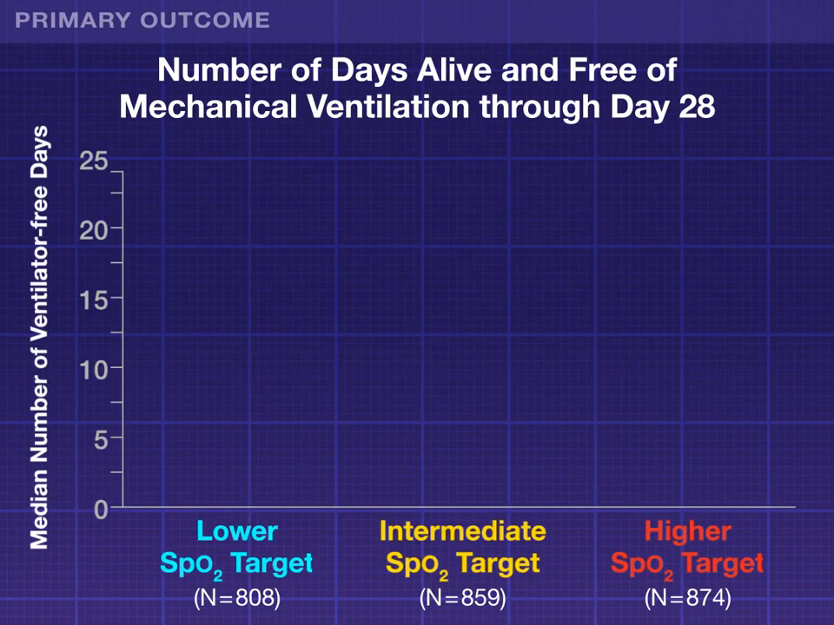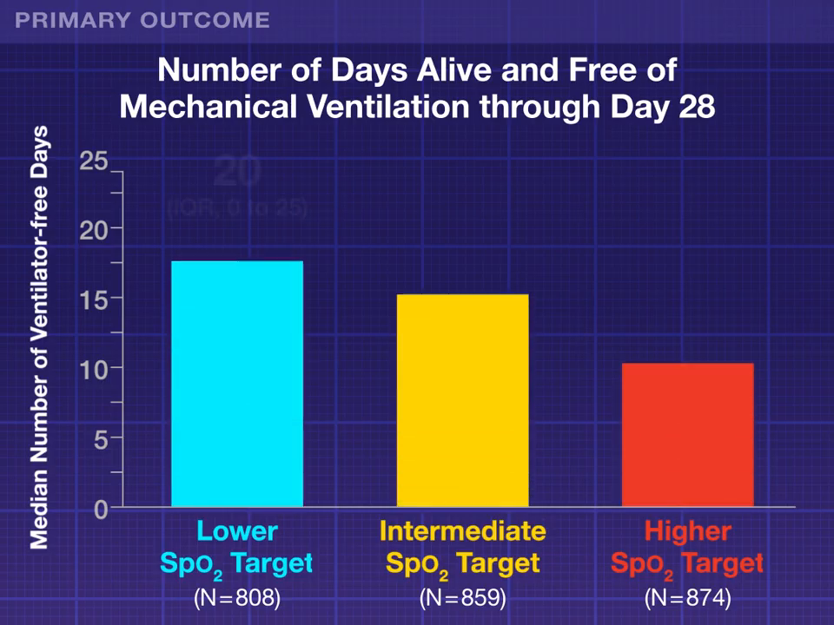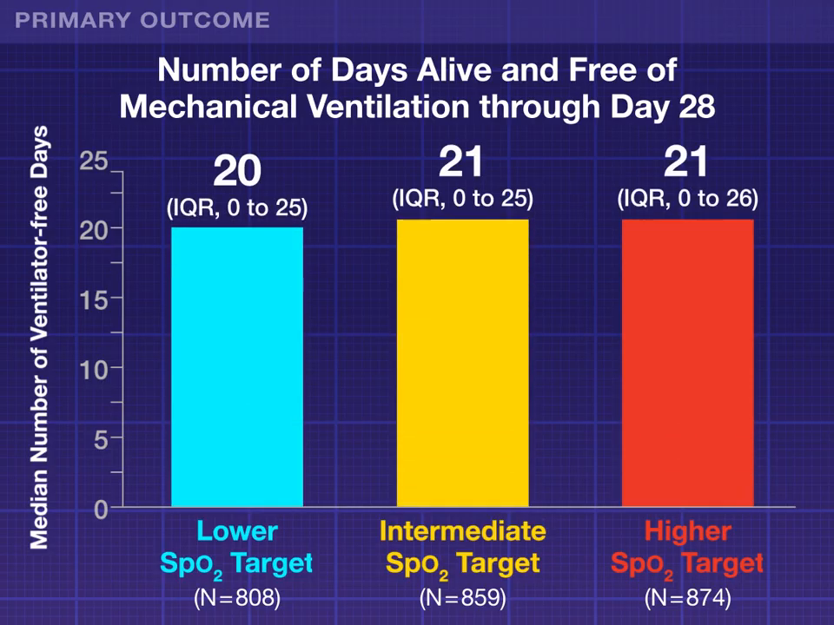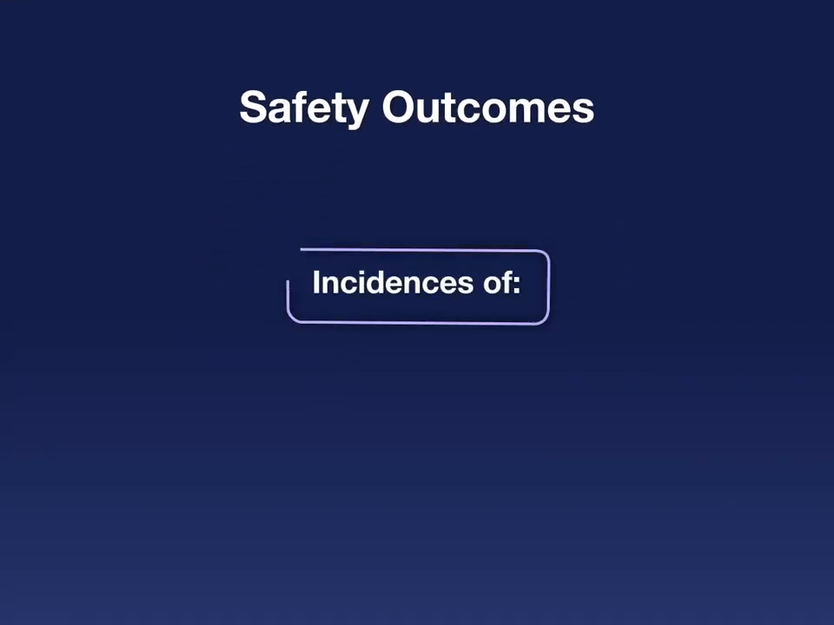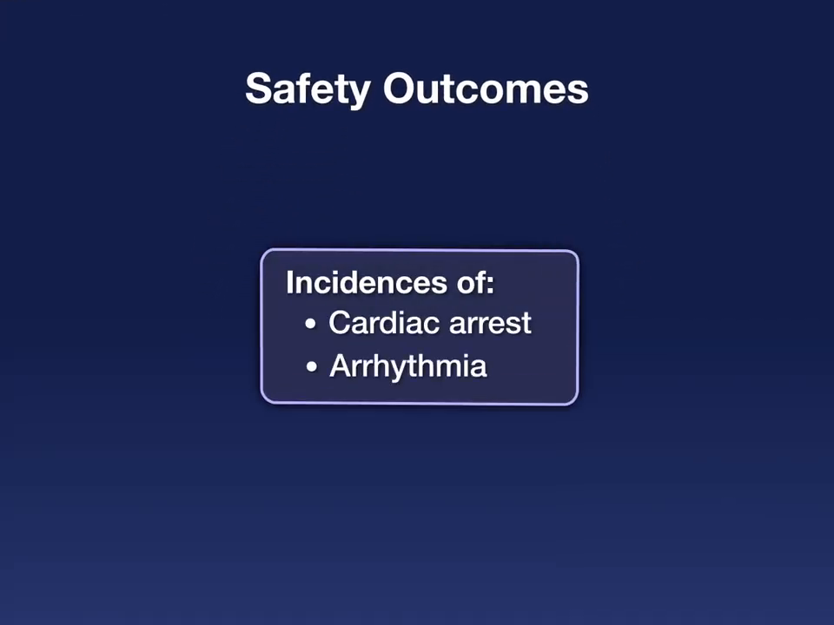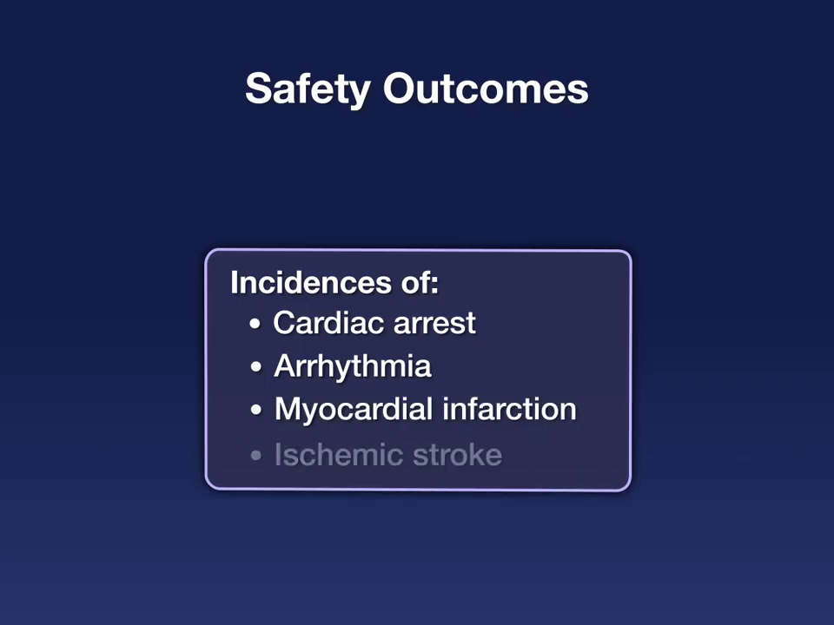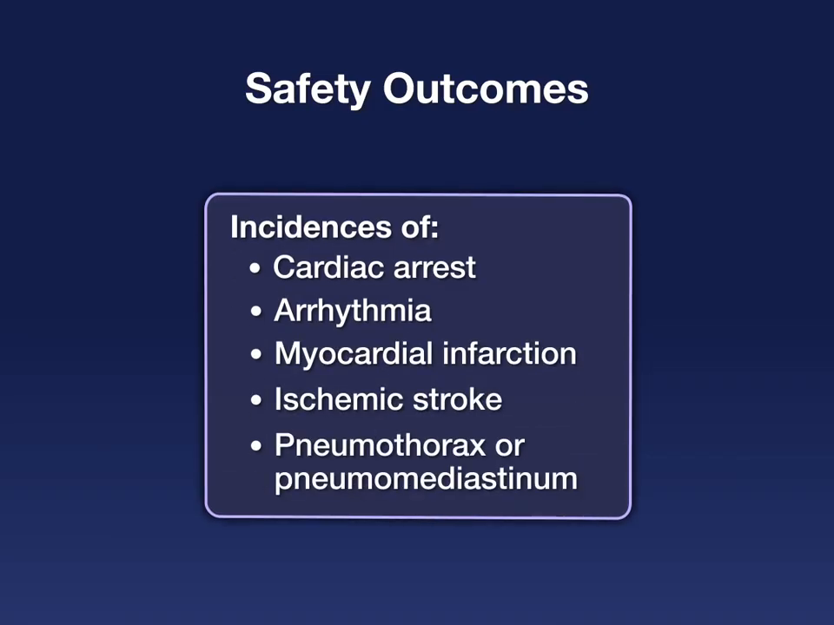The median number of ventilator-free days did not differ significantly across the groups, at 20 with the lower oxygen saturation target and 21 with the intermediate and higher targets. A secondary outcome, the incidence of in-hospital death, was also similar across the groups. In terms of safety, the incidences of cardiac arrest, arrhythmia, myocardial infarction, ischemic stroke, and pneumothorax or pneumomediastinum were similar